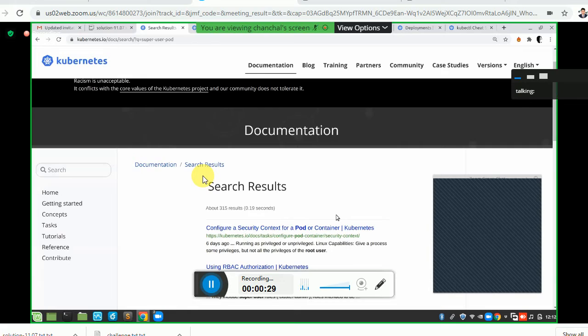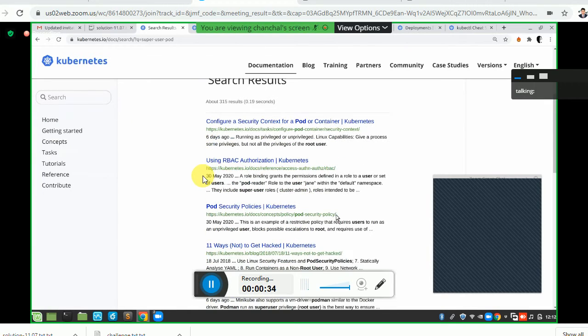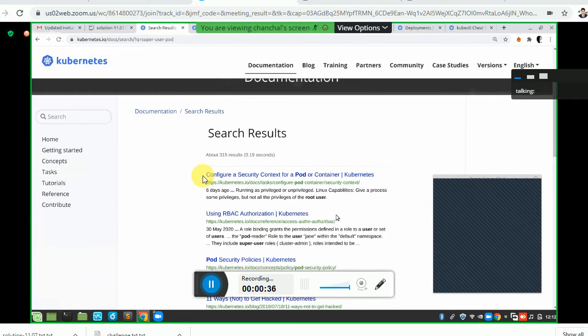configure a security context pod container, RBAC, security policies. Okay. Give a process some instead of a super user pod.